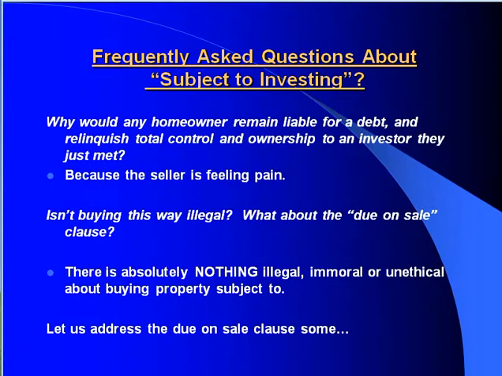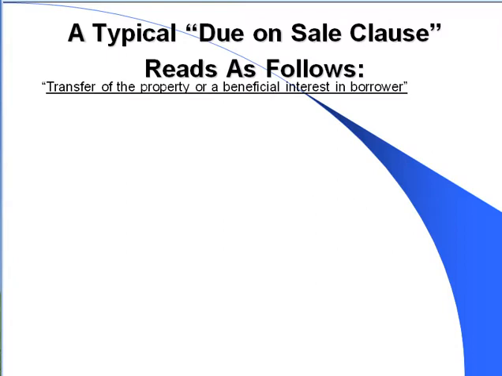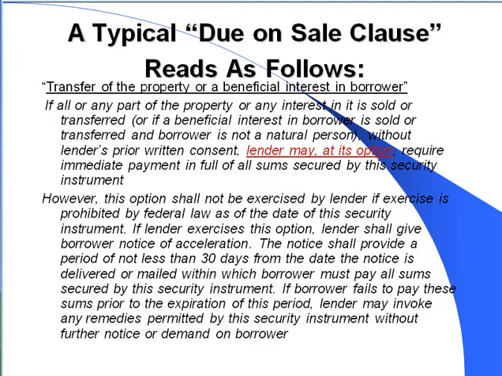Let's take a moment and take a look at the due on sale clause. Some of you folks might not know what it is. Hopefully you do, but I'd like to go into detail a little bit. Let's take a look at a typical due on sale clause. Take a moment and read that. It says transfer of property or beneficial interest in borrower. And if you have a mortgage on your personal residence or some investment property you own, feel free to take out your mortgage documentation and look and see what it says. It's either going to be called the acceleration clause or the due on sale clause. But the language is going to be what you see before you here.